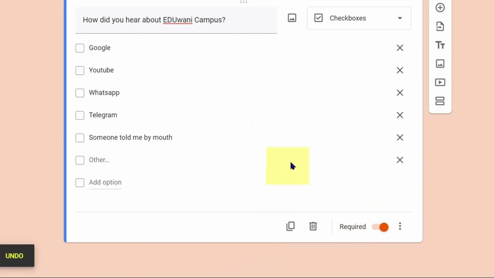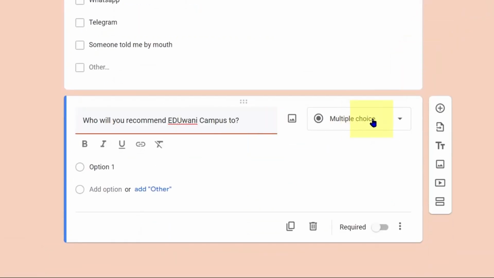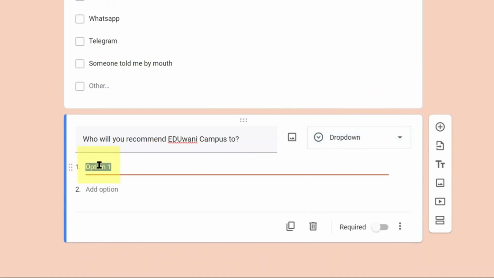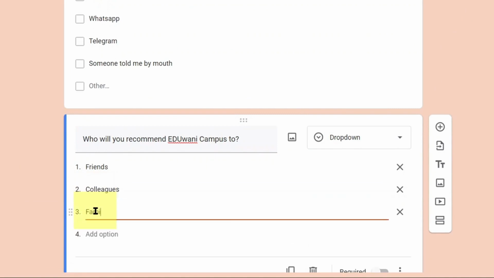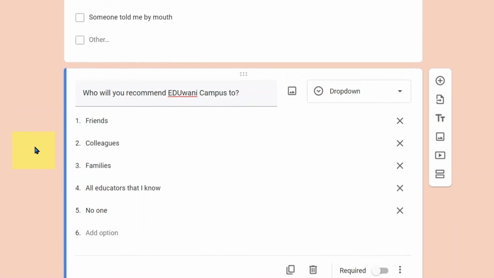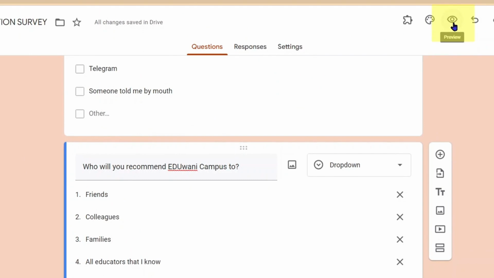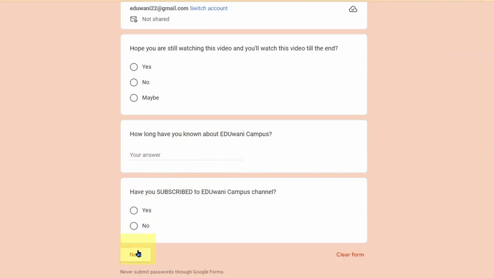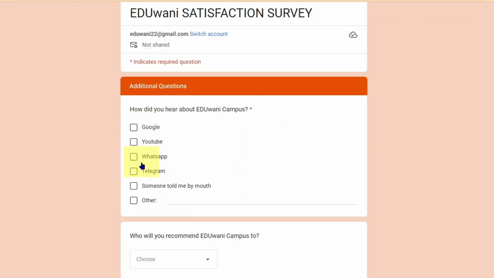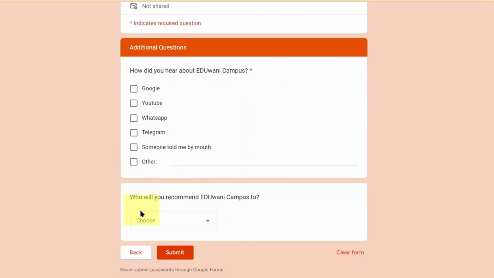Now let's try another question type and see how it works. Add question. I don't want multiple choice, so I select this and I make it drop down. And let's preview this and see how it's going to appear to someone who wants to respond to this. Come up here and click on this icon that looks like an eye. It's actually to preview it. Now the responder can select any of this or all of this. And for the drop down,